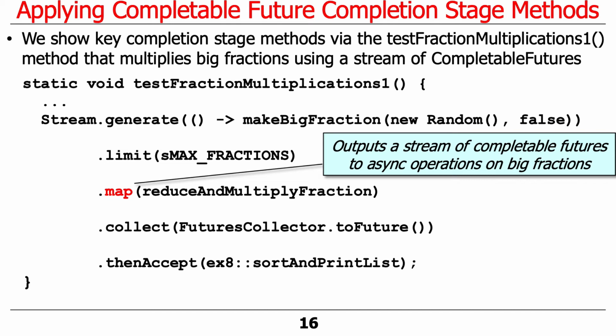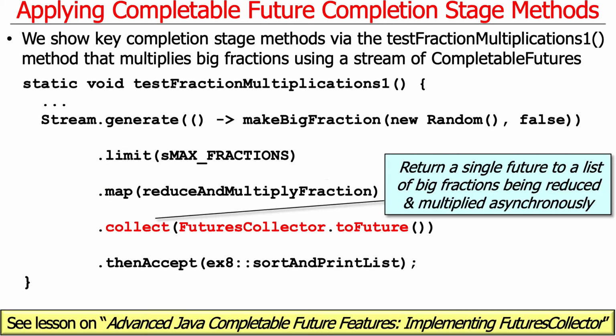So we're going to now have a stream of completable futures to things that are running in the background. So what are we going to do then? What we're going to do is collect that stream and stick it into a mutable result container that we create. And this collector, as we call it, we'll talk about in the next part of the lesson. And what this futures collector dot to future factory method returns a single